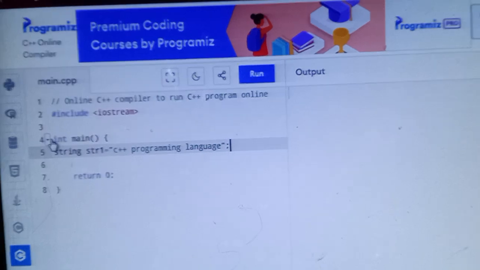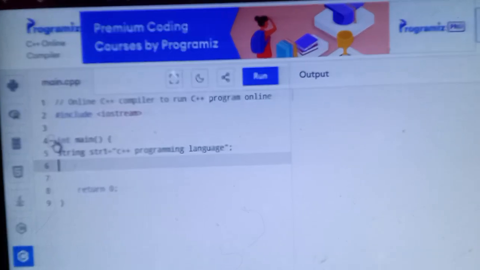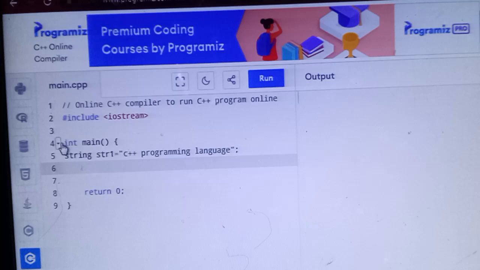At last, a semicolon. Enter. Now let us print str1.